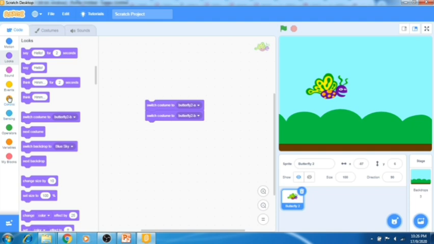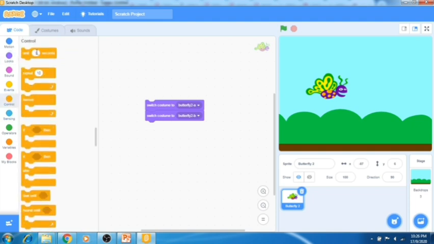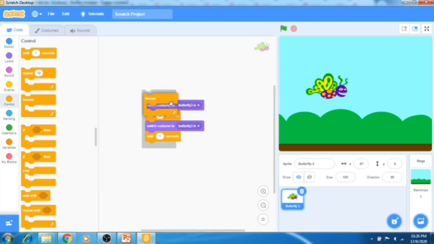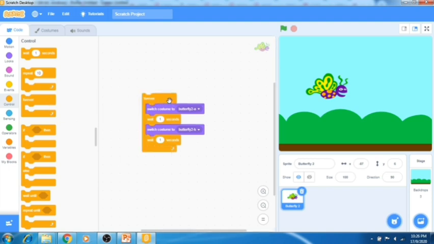So I go to control and use the wait. Wait 1 second. Do this. Wait 1 second and close this. See? And then after closing, again wait for 1 second. Fine. Now what I want to do, I want to repeat this whole activity. You can choose some number of times or forever. So let's say I want to do the whole thing forever. I put it in the forever loop.